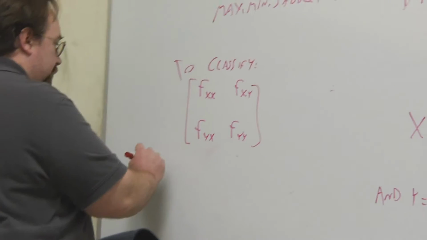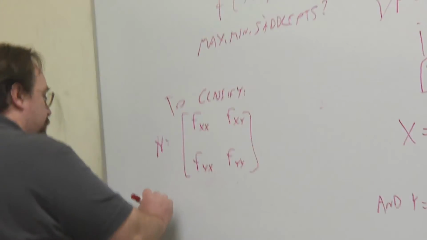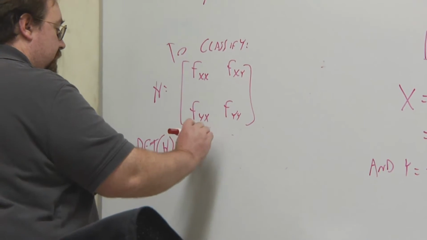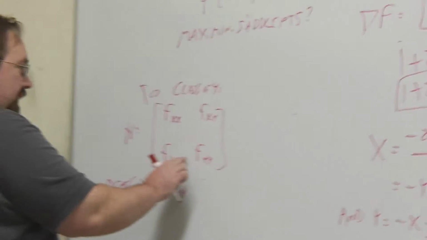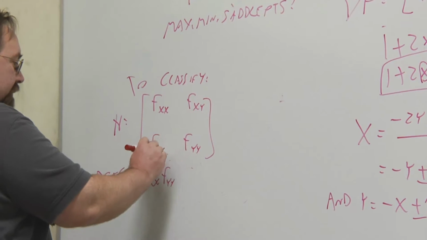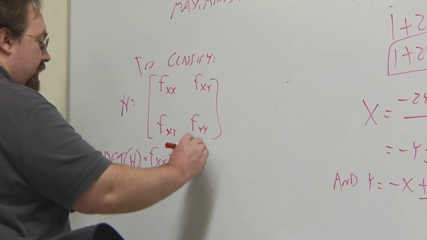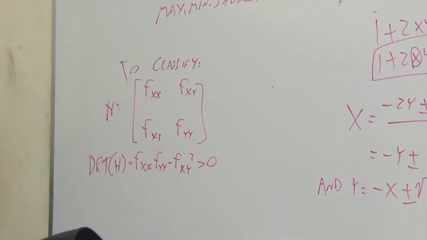The classification is this: if the determinant of H, which is fxx times fyy, actually these are the same because they happen to be equal, minus fxy squared, is positive,